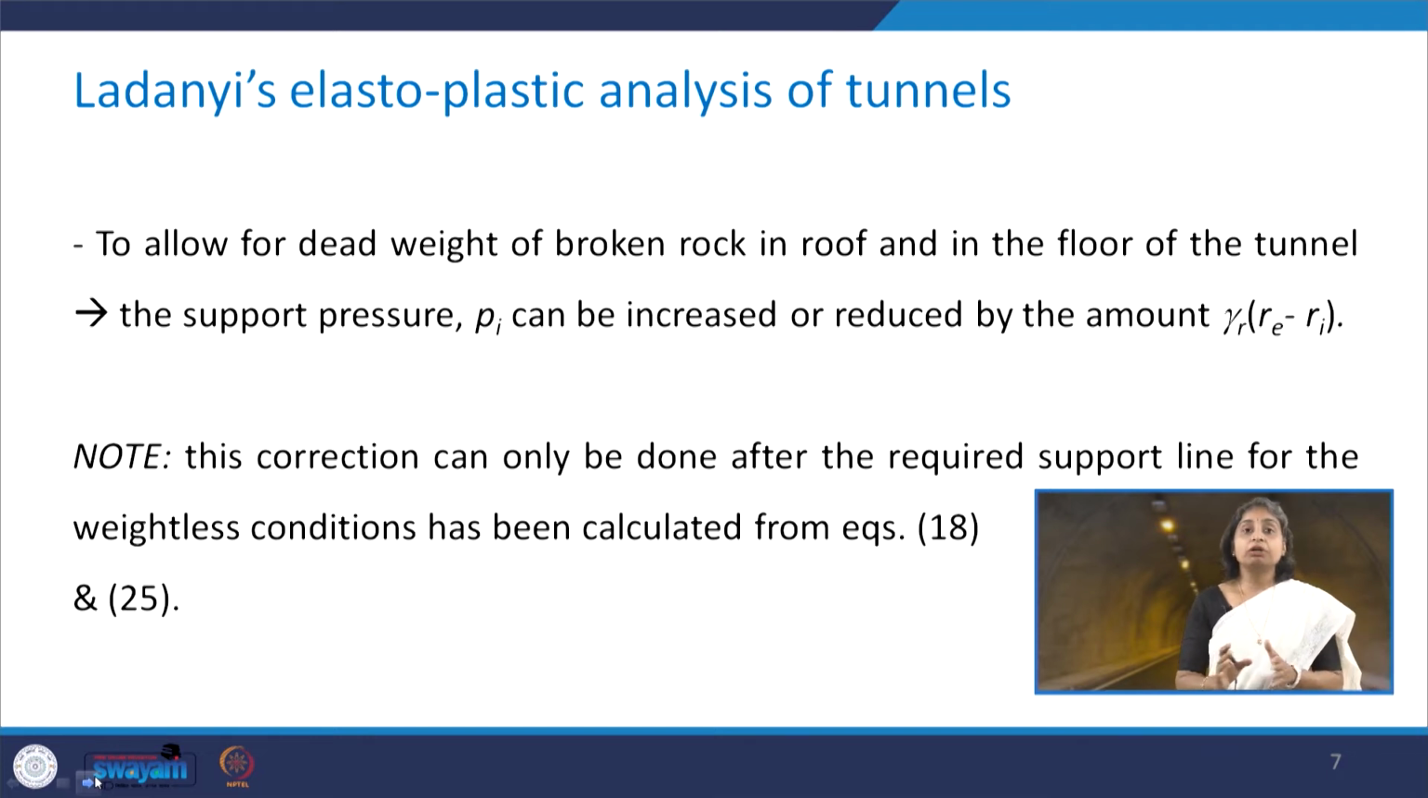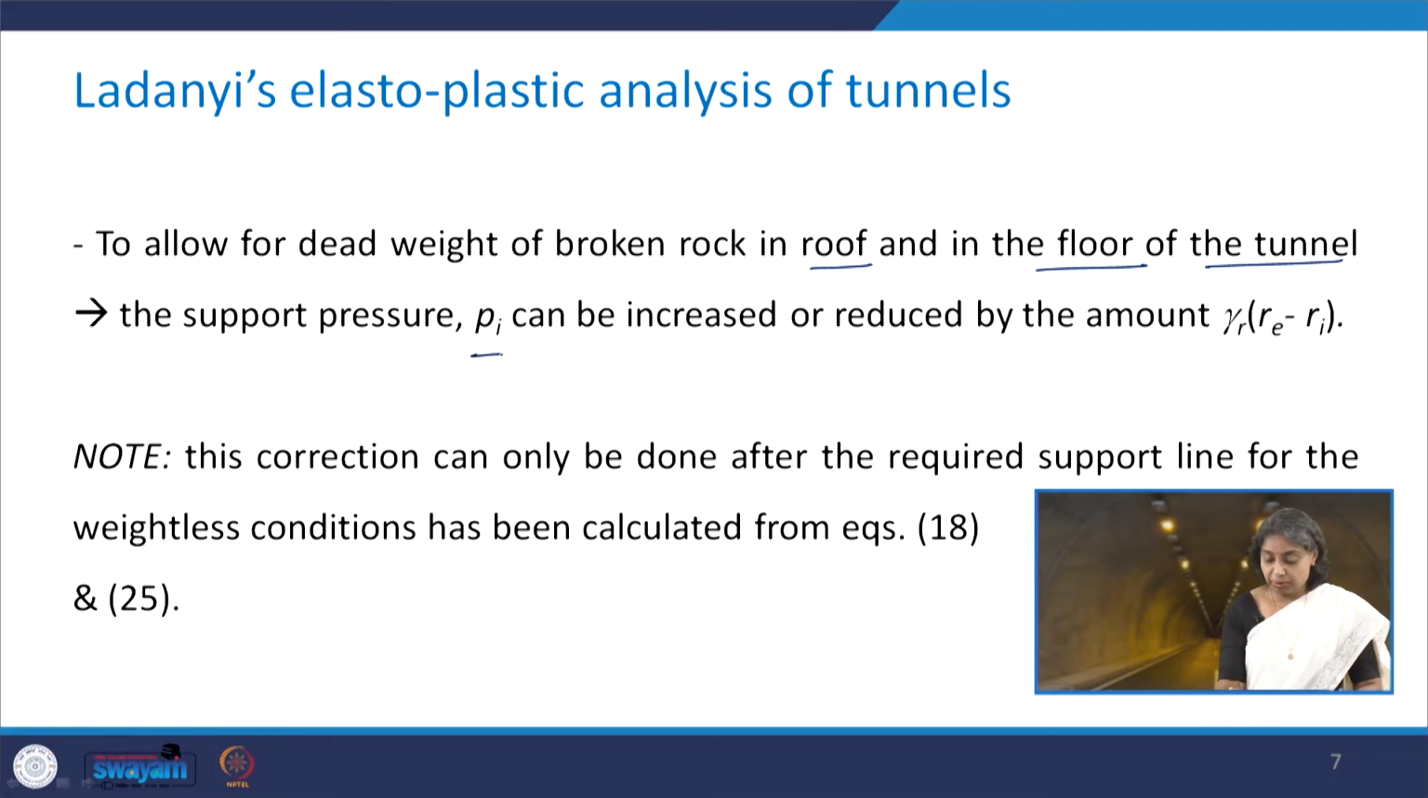So in order to allow for the dead weight of broken rock in the roof and in the floor of the tunnel, what we need to do is increase or reduce the support pressure Pi. It is increased in case of the roof and it is reduced in case of the floor of the tunnel. And what will be the amount by which it should be increased or reduced? It will be gamma r into Re minus Ri, where Re and Ri I just showed you with the help